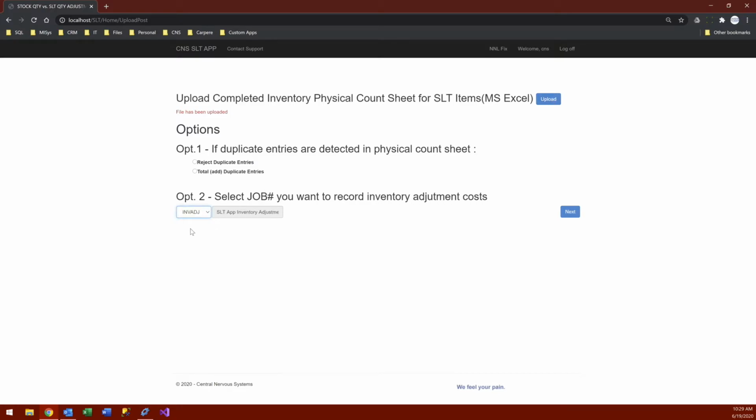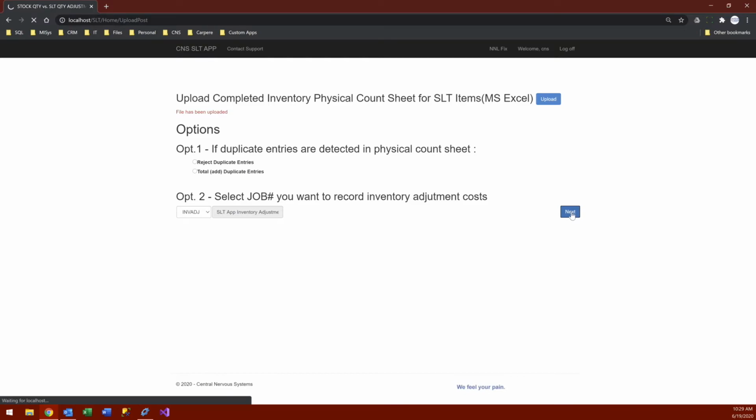We have to select a job number, and this job number will have an attached account set if we want, because the app really transacts with dispense and recover and writes the GL, the accounting transactions, into the inventory asset and recover and dispense account. If we want this to write to a physical inventory variance account, our account set that is attached to the job number that is selected here needs to have that. And we can explain in more detail what that should look like. When we click next here,